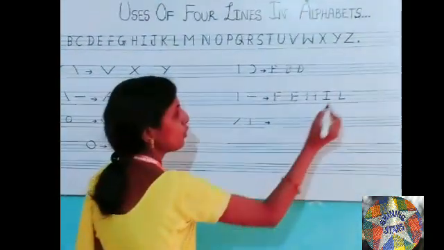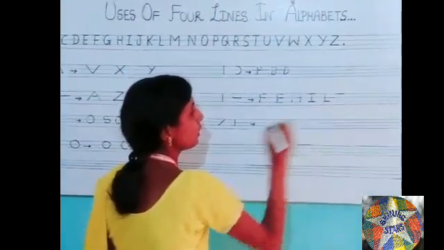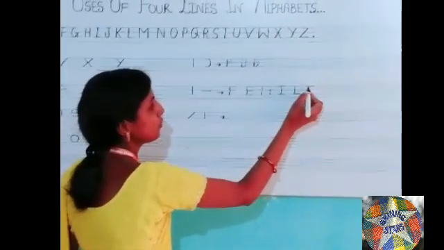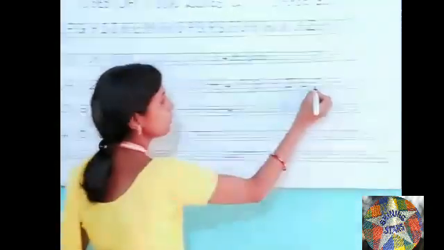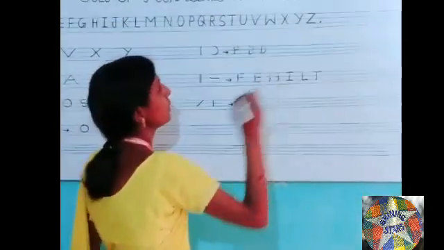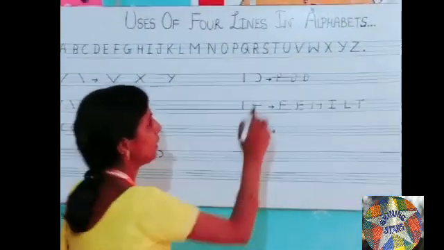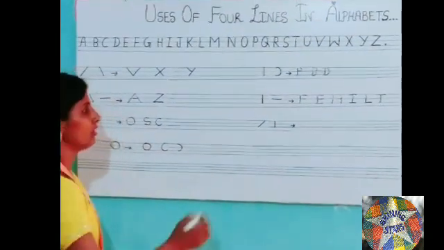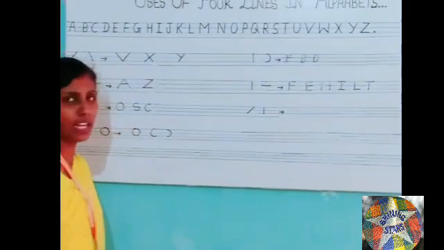Now which other one? Find it out. T. In the first blue line we will draw a small slipping line between two dots, and a standing line in three lines: blue, green, green. 1, 2, 3. It becomes T. And can you find any other letter? I think I'm not finding. Are you? No.